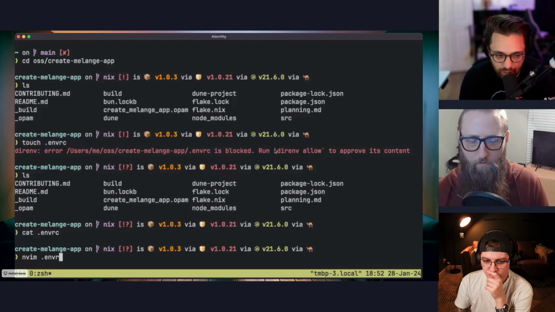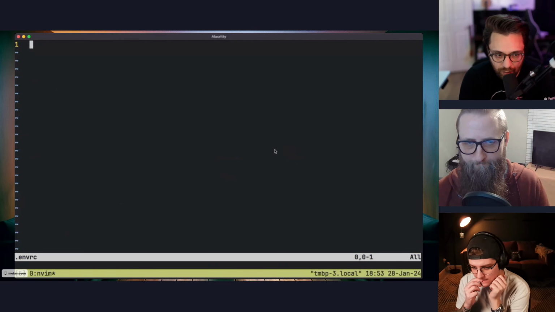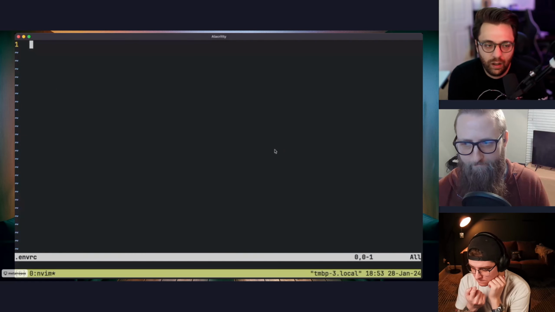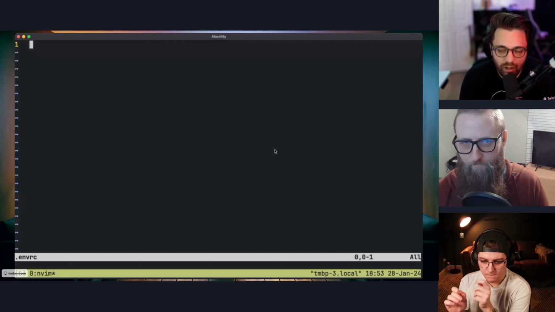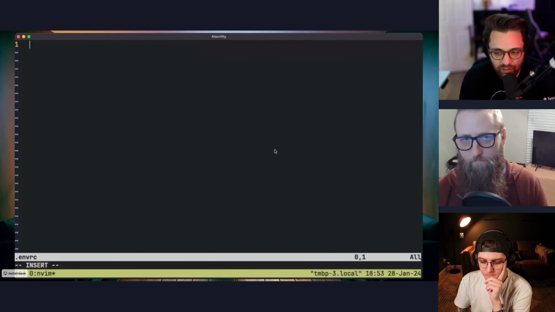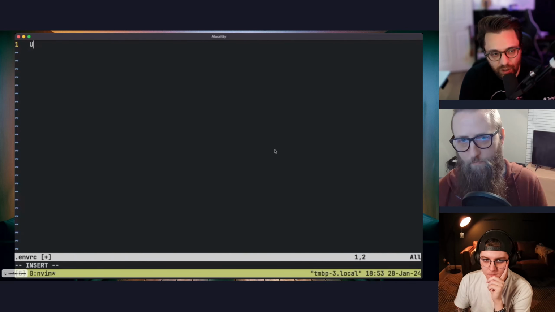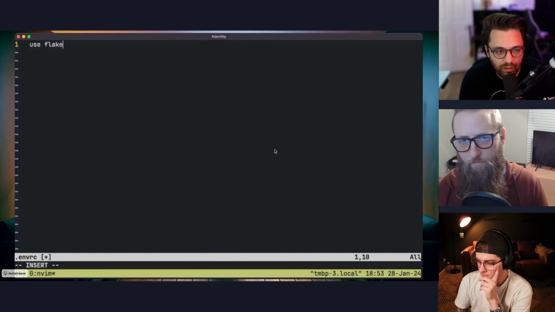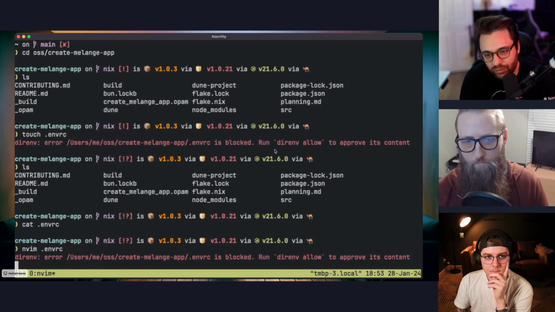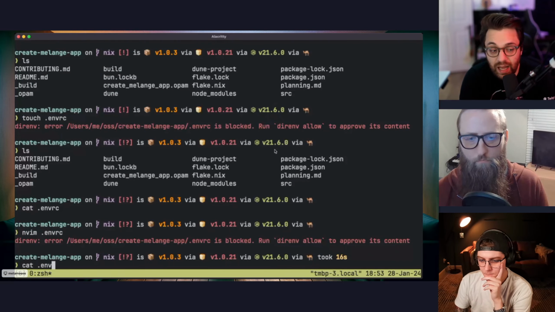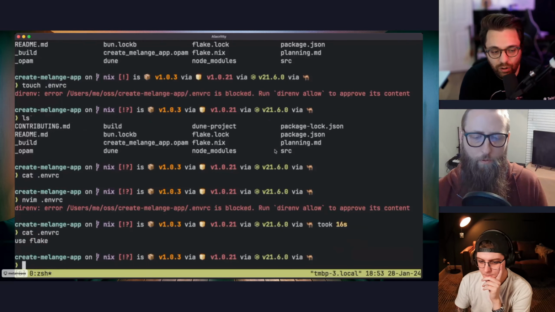So instead, I'll just do this. Yep. Okay. And then in this, just put use flake, lowercase. Yeah, that's it. That's all you need. That will tell direnv to use the flake for your environment. So now if you do direnv allow, like it says,